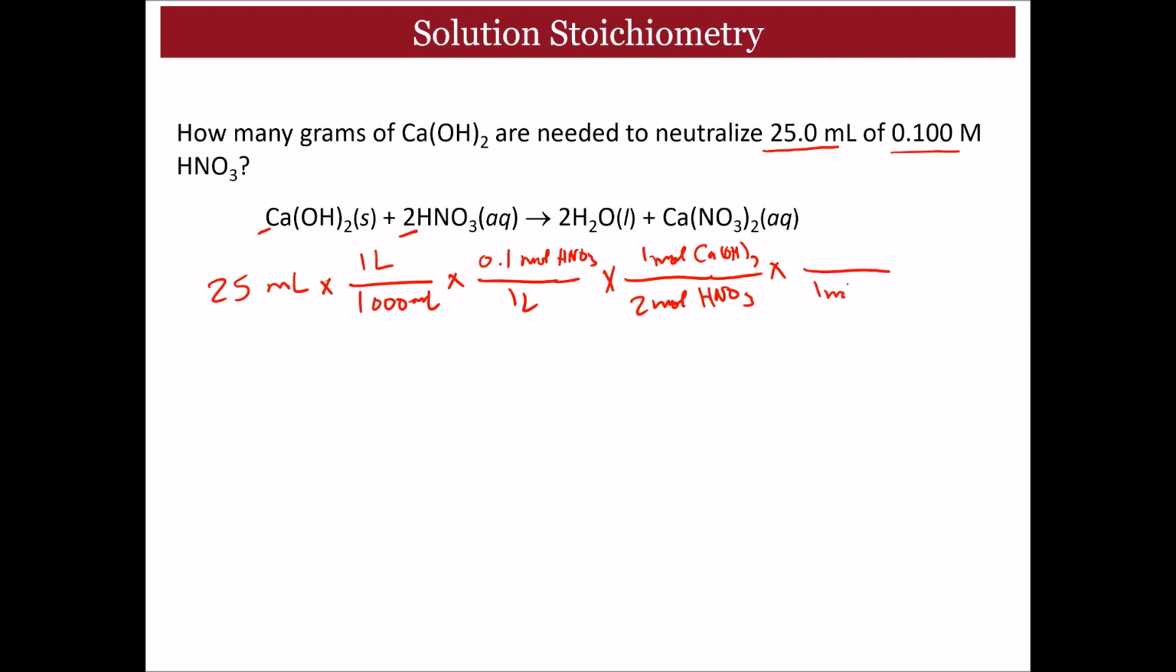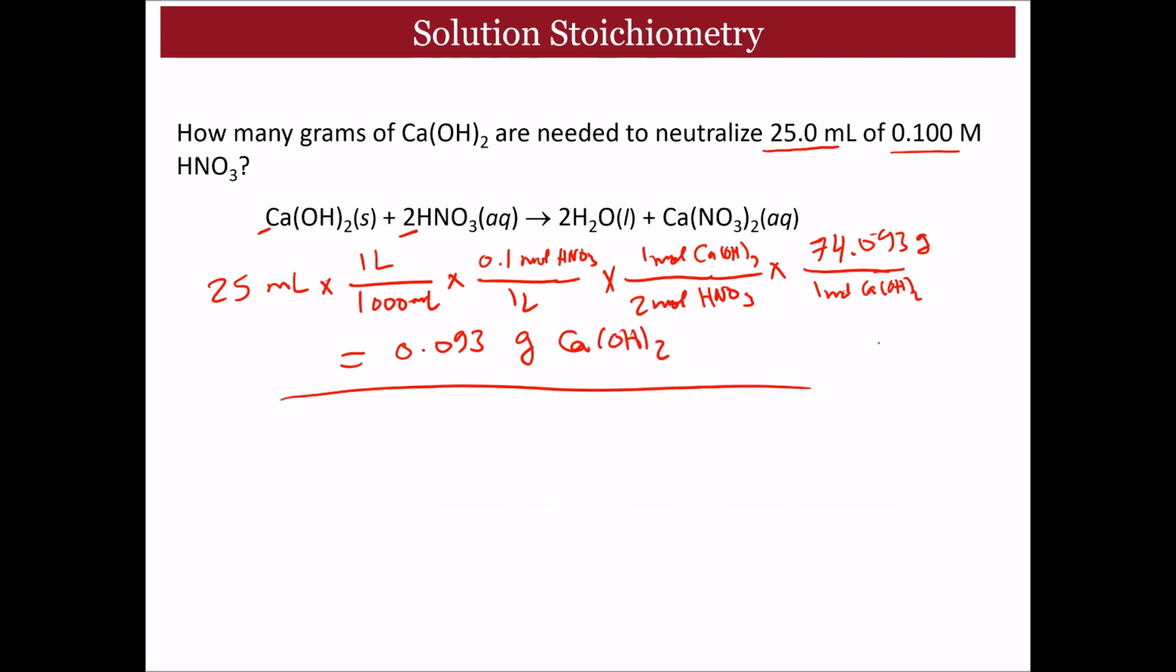So 1 mole of calcium hydroxide equals 74.093 grams. So it's going to equal 0.093 grams of calcium hydroxide. The second way to do this reaction is using the mole to mole ratio, which is calcium